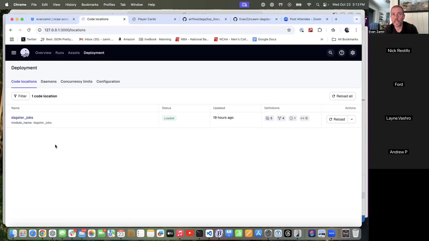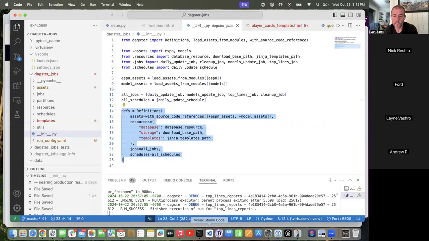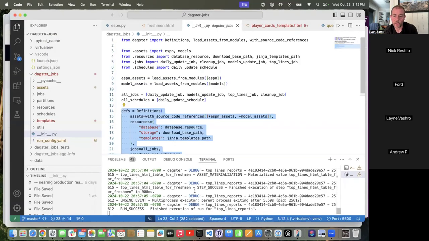Essentially you can have more than one code location, but it's kind of messy, and sharing assets between different projects or code locations seems pretty difficult. So for the most part, it's easy to think about a project being this single code location. And for the most part, you can write code and, as long as the server is running, which this one is, you won't have to reload the code location. But if you change certain things like your environment variables,